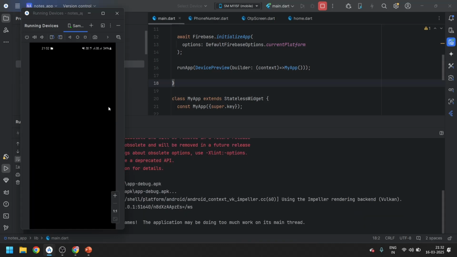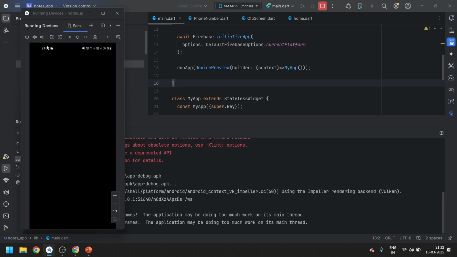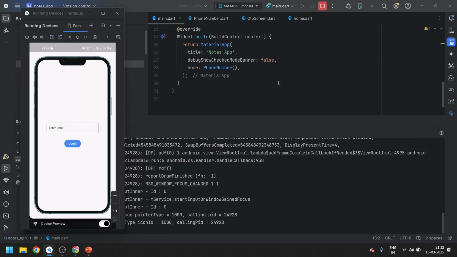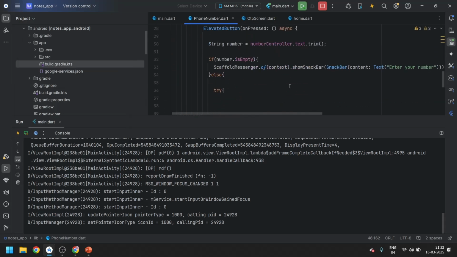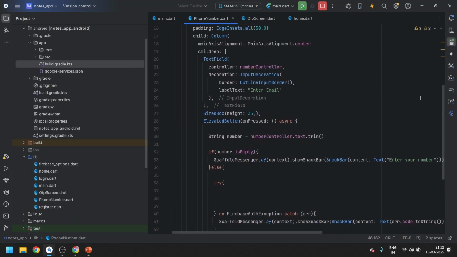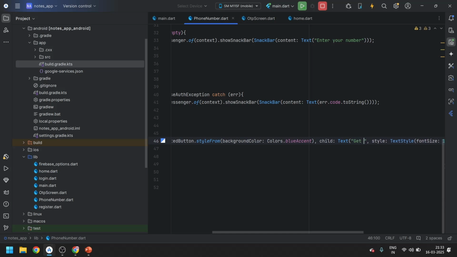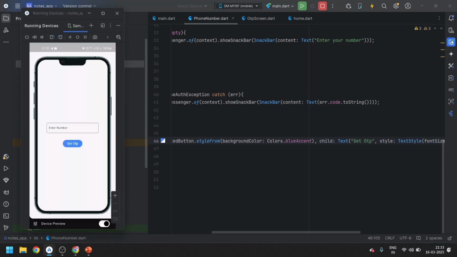So now you can see our app is running and installed successfully on my physical device. This is my physical device which I am running right now. So this is the code. So now you can see it's only showing the one. Let me just fix the quick things. Get open, save it, again open the running device, and now you can see it's the enter number.